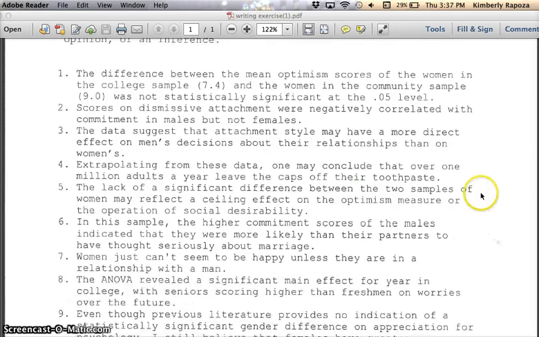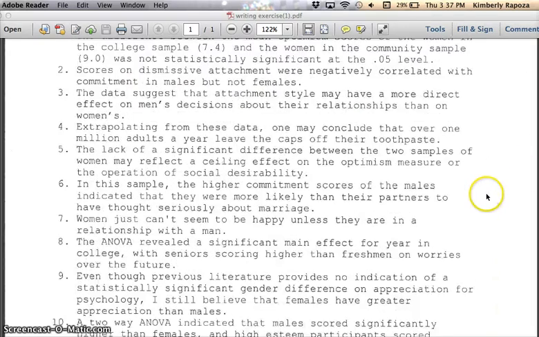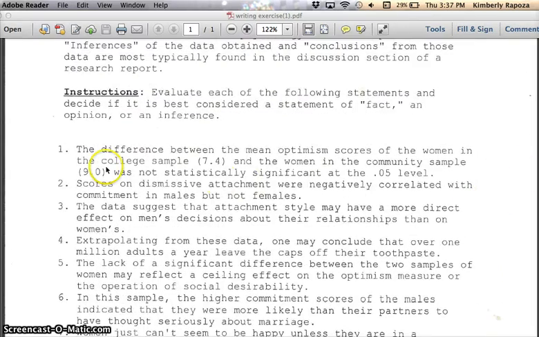So you're going to go through these 10 different examples and you're going to decide, is it fact, opinion, or inference? You can find this worksheet in the Blackboard, and you don't have to rewrite the questions. You can just send your 1 through 10 and whether you thought it was a fact, opinion, or inference, and we'll go over this in class. But this will basically get you used to the style of writing that is necessary for a critical review.